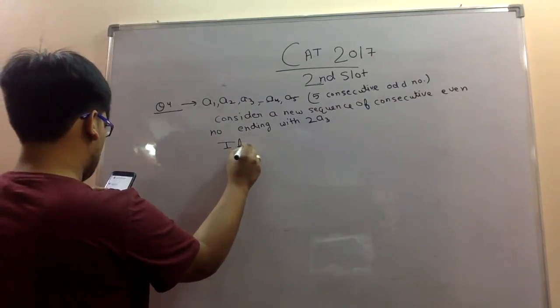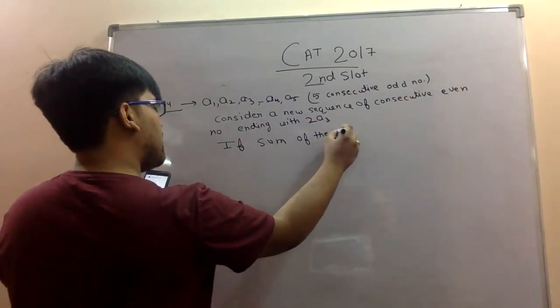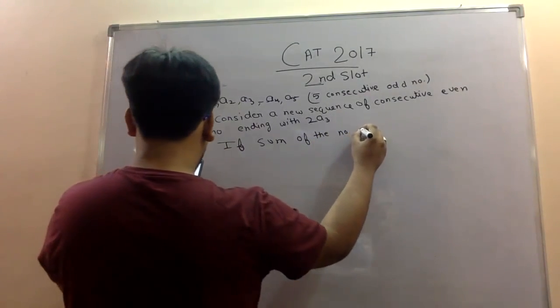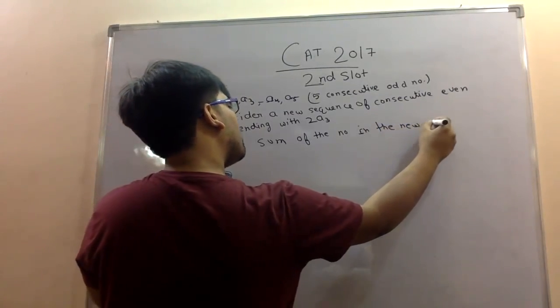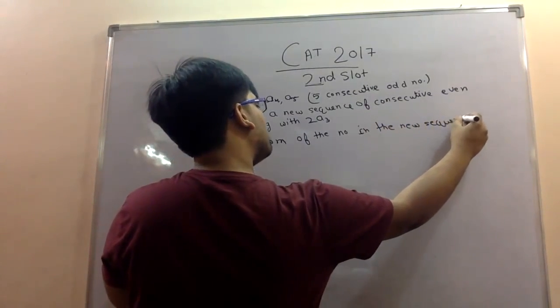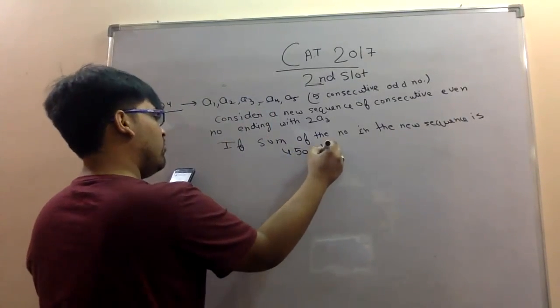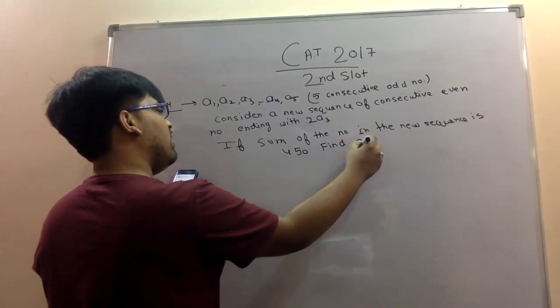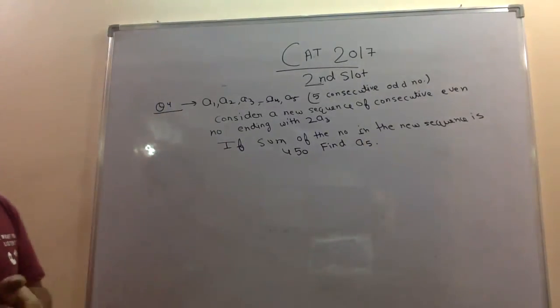If the sum of the numbers in the new sequence is 450, find A5। Try it।